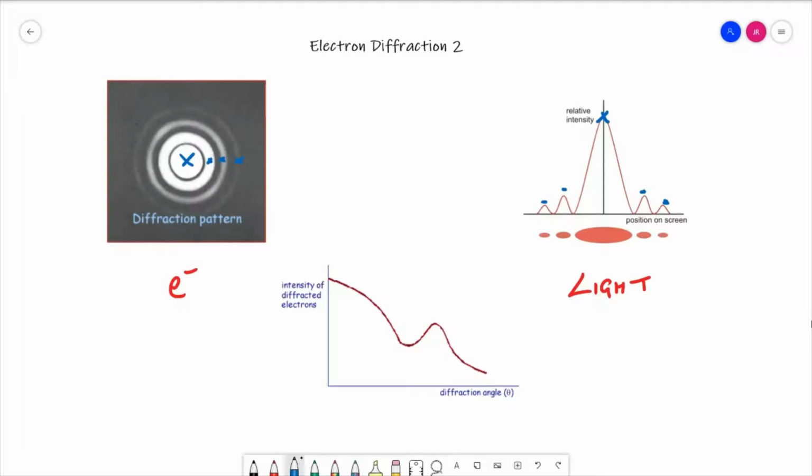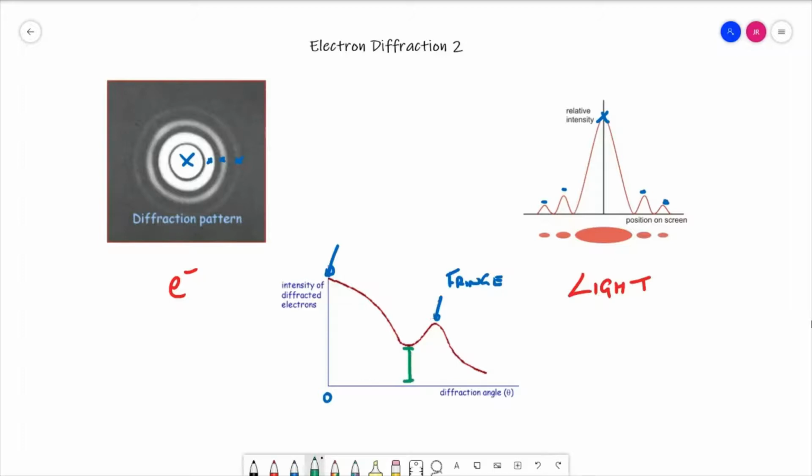When we look at a similar graph for the intensity of the diffracted electrons as a function of diffraction angle, we can see the similarities then on the graph. We have obviously 0 degrees, we have our large intensity central fringe there. We obviously have an outer fringe here. But one of the key things that we can see is that the intensity at the minimum doesn't